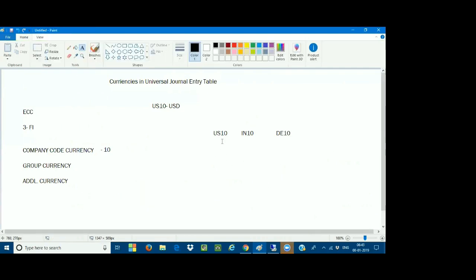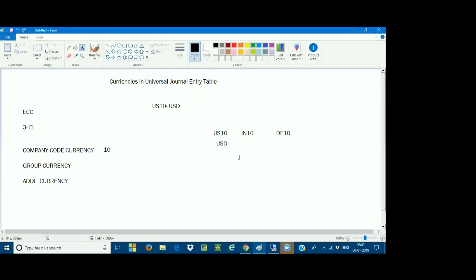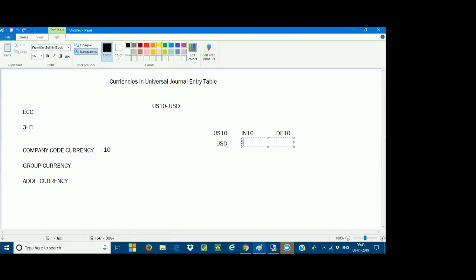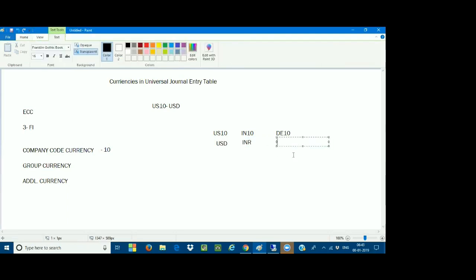When I come to the USA, the local currency will be the USD. When I come to India, the local currency will be the INR. And when I come to Germany, the local currency will be the Euro, EUR. So these are called the local currencies.